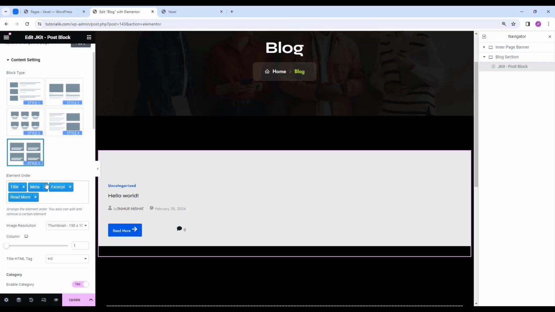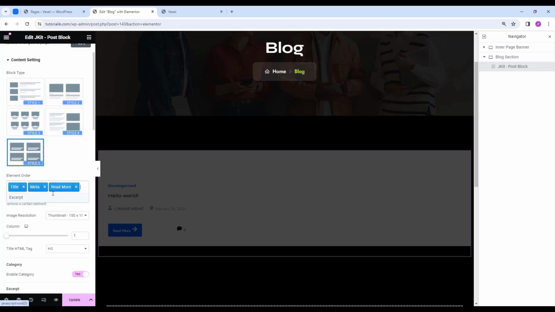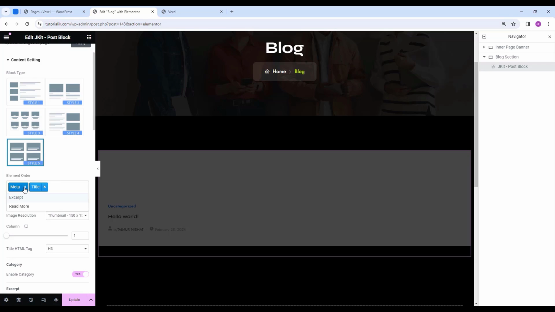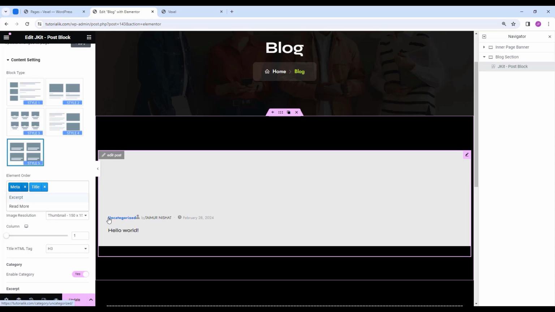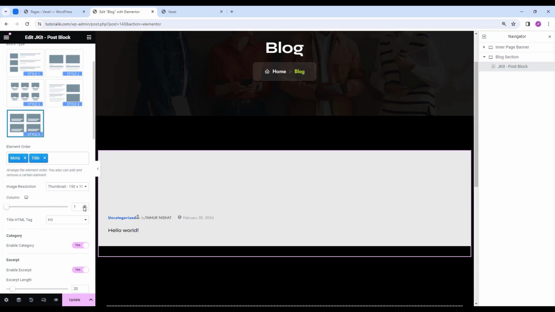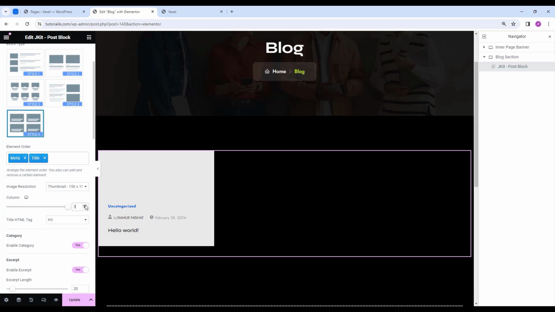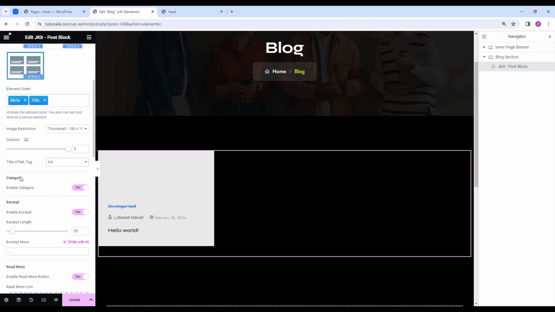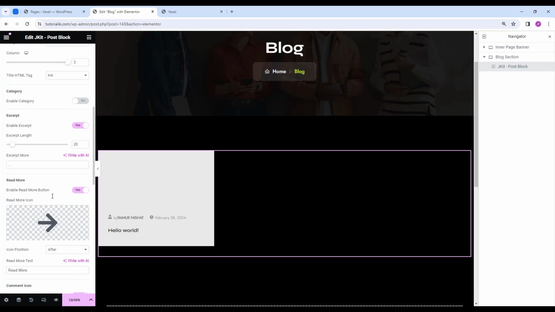And now in the element order, I'm gonna remove this one and this one, and I'm gonna drag this meta to the left side of this title. So our post meta or the information is on top of this title. And now if we scroll down, we have the column. I'm gonna make the column 3, and title HTML tag, I'm gonna make it H4. Then from here in the category, I'm gonna deselect this, enable category. Then if we scroll down,